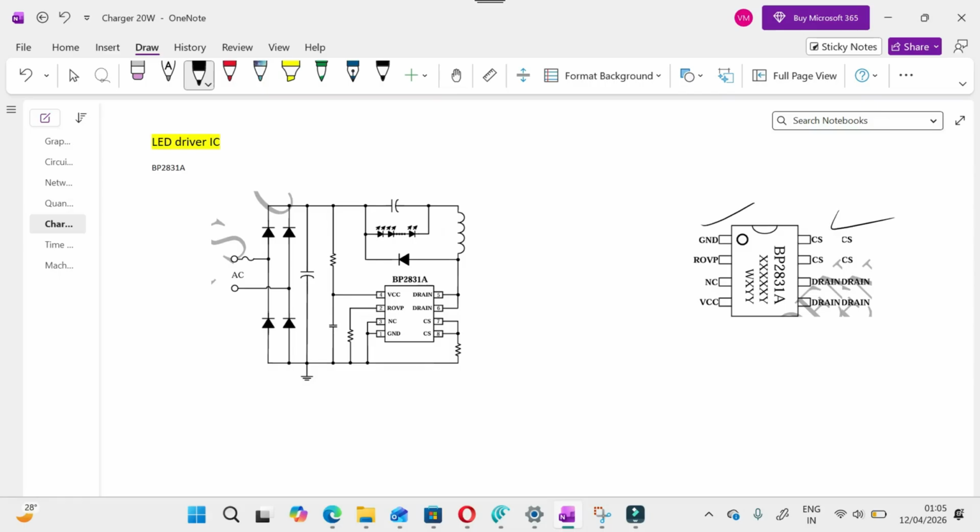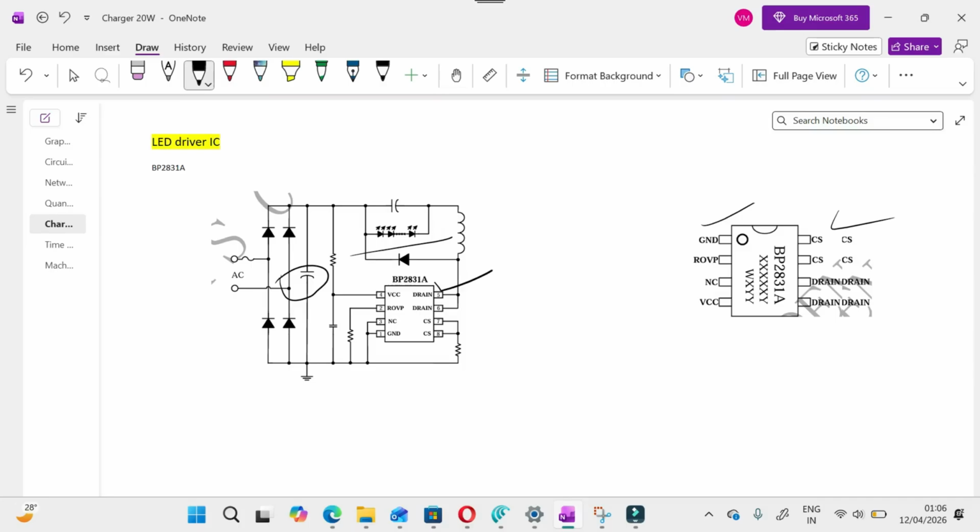As we discussed earlier, you have the AC supply line and then there is a bridge rectifier. So this is the bridge rectifier, and once the bridge rectifier gives the output, it is filtered using a filtering capacitor, and then you have your LED driver circuit. So here is the LED and this is the driver circuit. This driver circuit is the IC which we are discussing now, that is